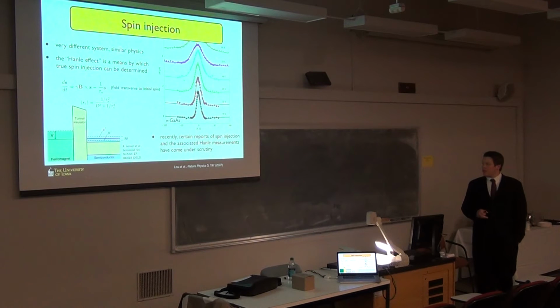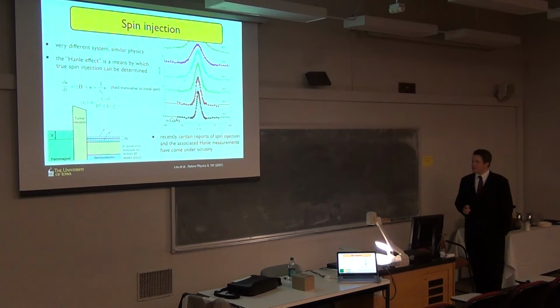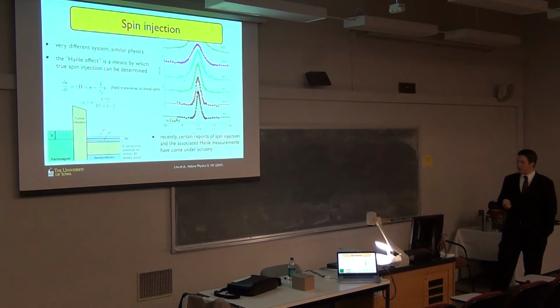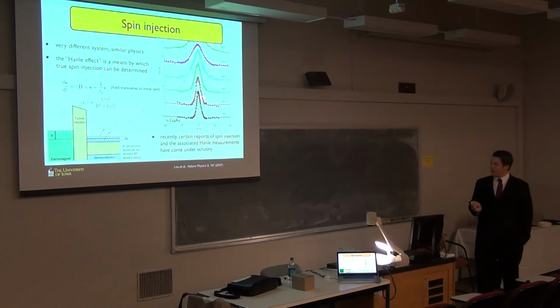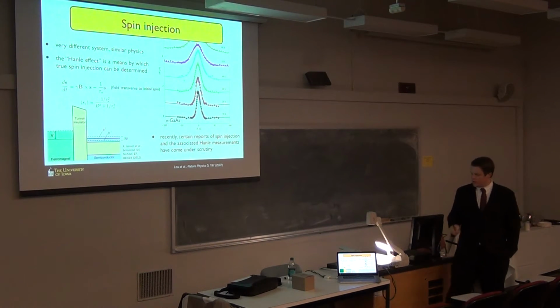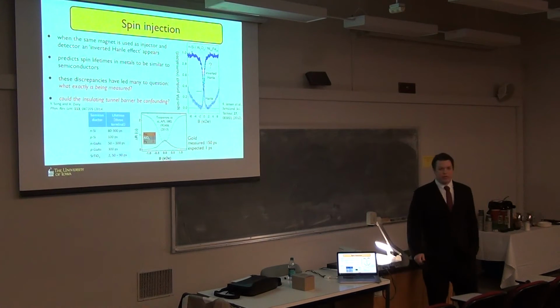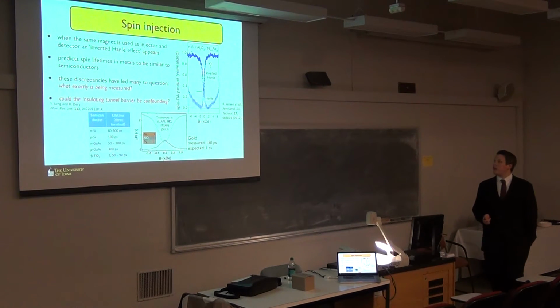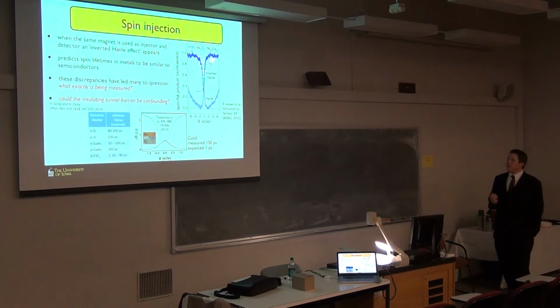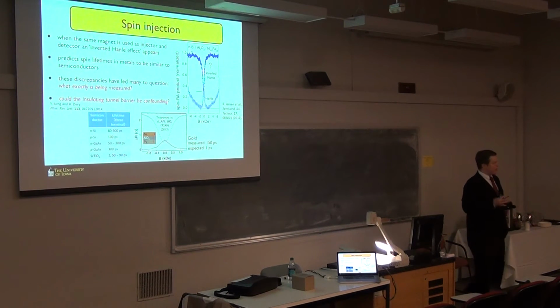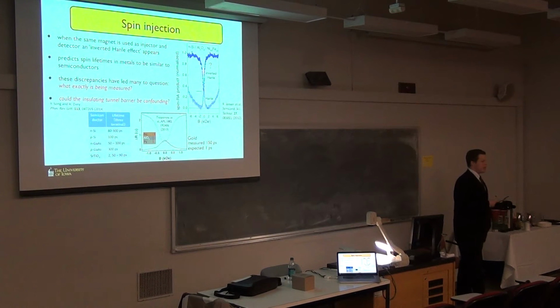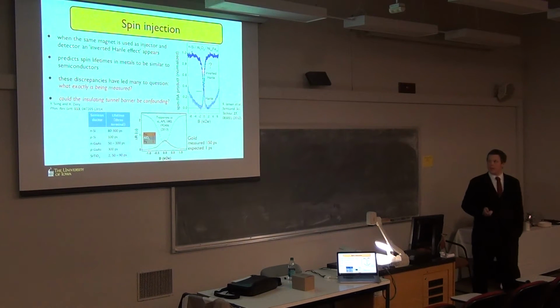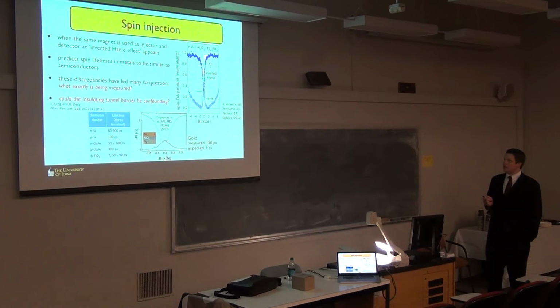Now, I won't get into all the history of this, because it's quite long, but recently there have been reports of spin injection that show Hanle effects, but they also show some other features that make people really scrutinize whether it's occurring or not. And that's they show an inverted Hanle effect, which you do not expect. If you apply a magnetic field parallel to the spin, you don't expect to see any spin precession. You shouldn't really see any effect. But they do see this inverted effect as well as the normal effect. So we see both.